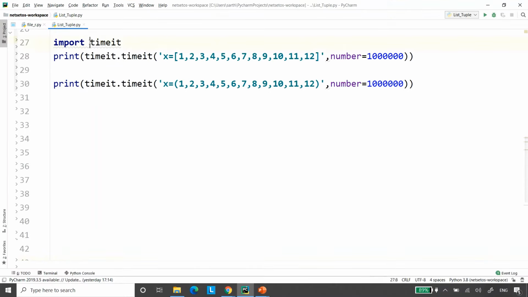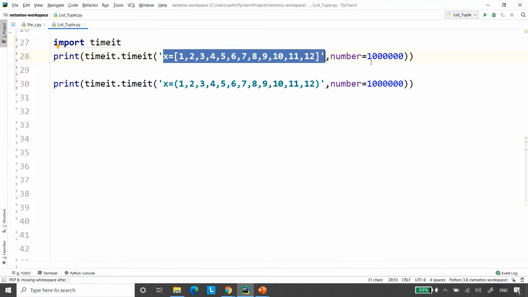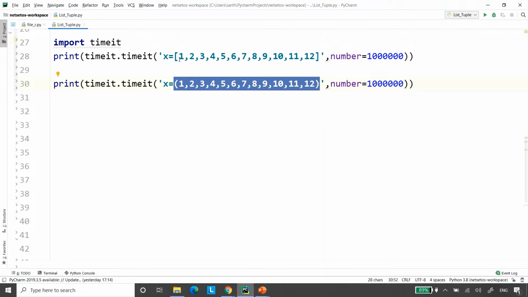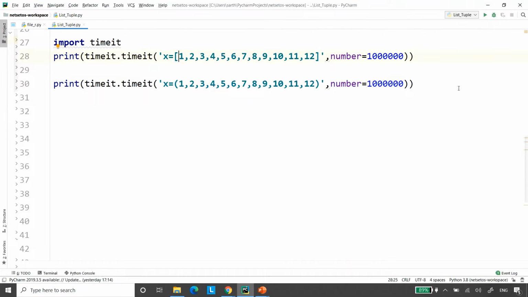Here I have imported timeit, and with the help of timeit, I took a list with 1 million numbers. Same I took for a tuple, from 1 to 12, and they are running 1 million times. With timeit, we can note the time for both of them.